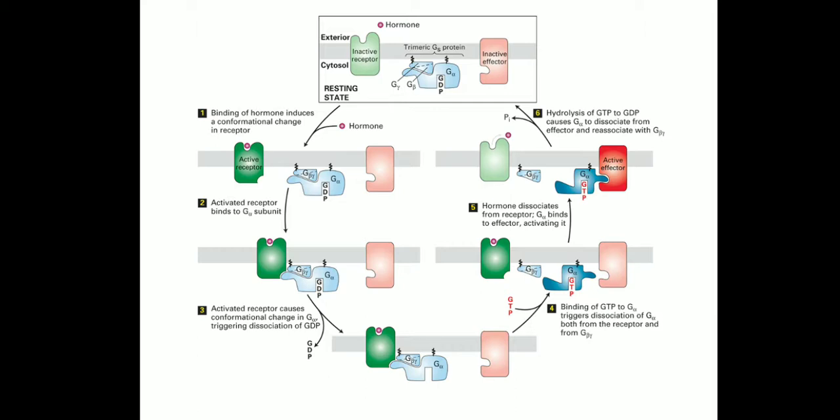After the activation, or after some cellular response, GTP gets hydrolyzed and GDP binds to the G alpha unit. After that, it quickly binds to the G beta gamma subunits, and the resting phase is formed again by these trimeric G proteins.